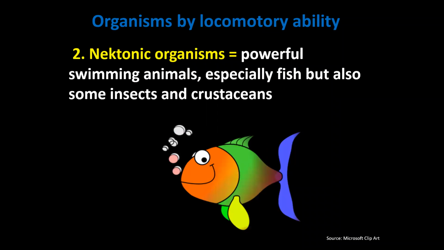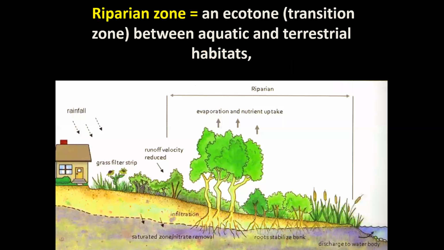And if they can move against the current, they're called nektonic organisms, and they're powerful swimmers, especially fish, but also some insects and crustaceans. Then we have the riparian zone, which is an ecotone or transition zone between the aquatic and terrestrial habitats. So in here you can see the riparian zone includes trees and shrubs whose roots extend down into the water table where we're basically saturated